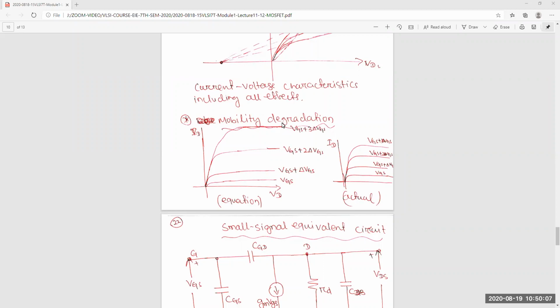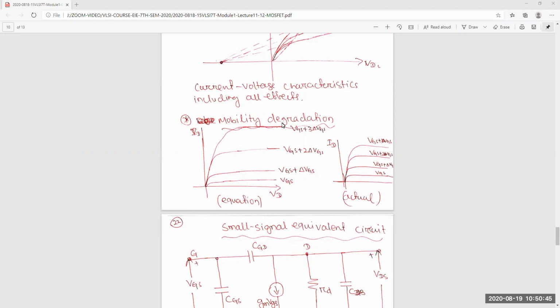These things only come into the picture when we operate this transistor at high frequency or in a small signal application. Suppose for an amplifier, we want to amplify something, so we have to use this MOSFET. In that case, we have to think about all these intrinsic capacitances. What are the intrinsic capacitances in the MOSFET? We should know that. If you know that, then we can design a circuit in a better way, because you have to predict these intrinsic, or we can say parasitic, capacitances.